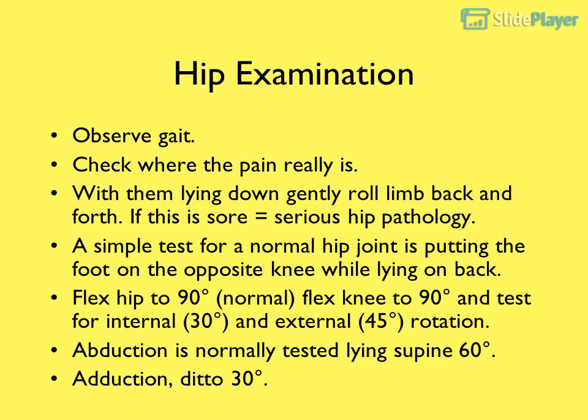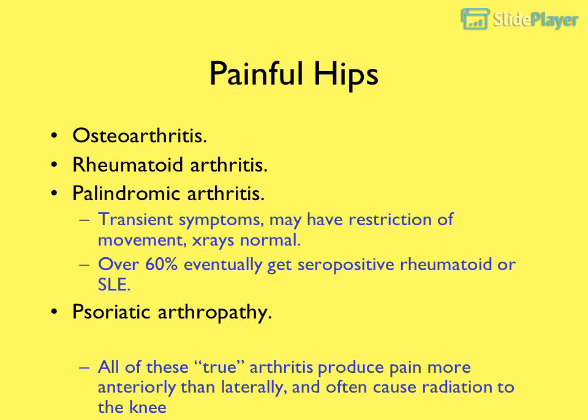Flex hip to 90 degrees, normal, flex knee to 90 degrees and test for internal, 30 degrees, and external, 45 degrees, rotation. Abduction is normally tested lying supine, 60 degrees. Adduction, ditto, 30 degrees. Painful hips: osteoarthritis, rheumatoid arthritis,